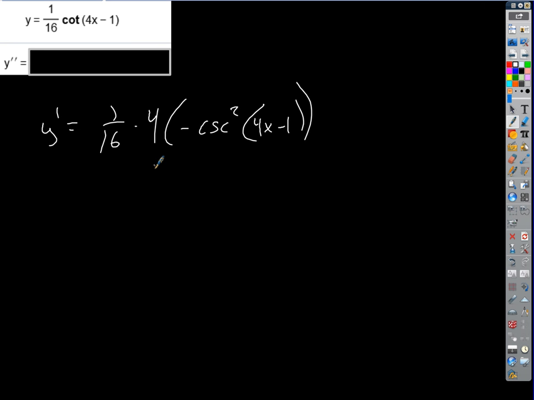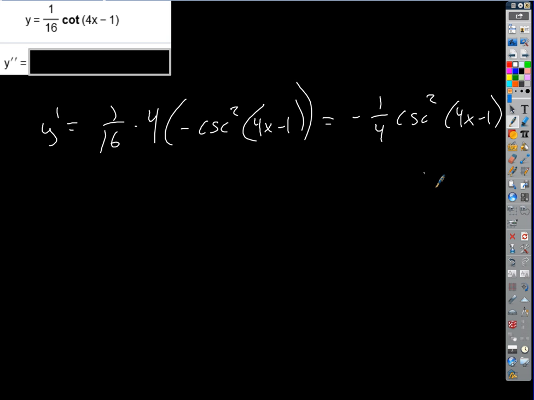So what do we do? I guess we just take the negative out front. 4 over 16 is 1/4. Okay, so there's the first derivative. Now we just have to differentiate again, right? So the second derivative,